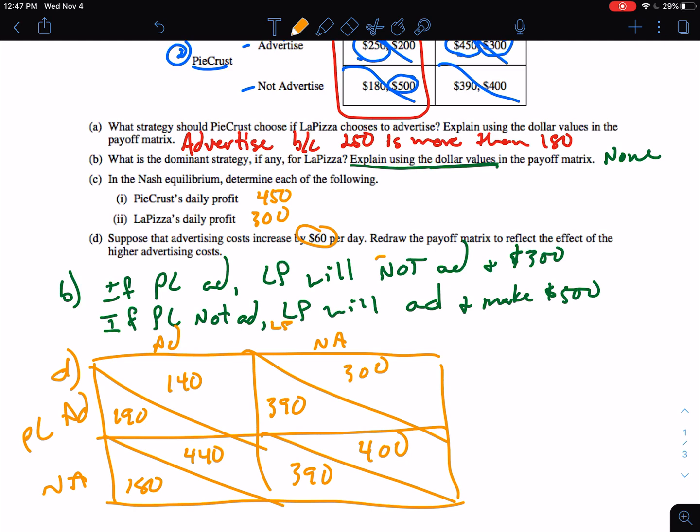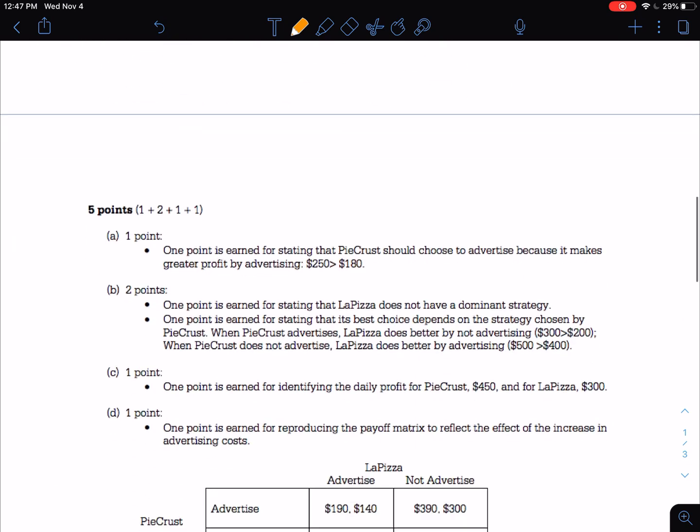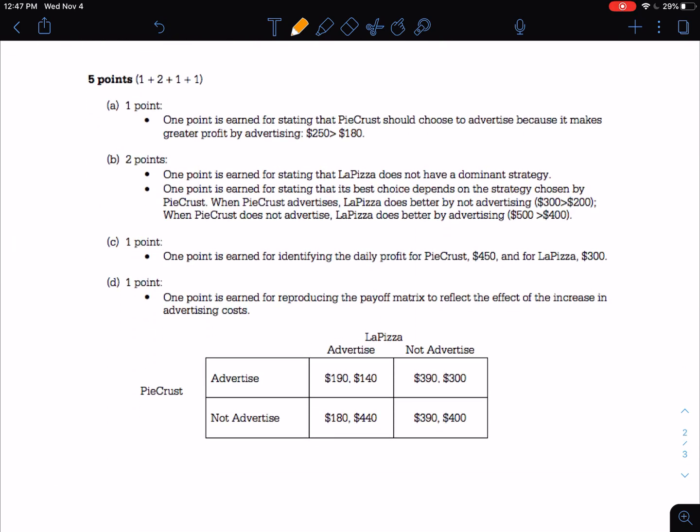You just have to redraw the payoff matrix to show the effect of higher advertising costs. Just make sure you label everything and use your nomenclature however you want to do it. Now you can look down here and you can see specifically how all of the points are allotted. It's another pretty straightforward one. This one is the only one worth 2. The rest are just 1 point,